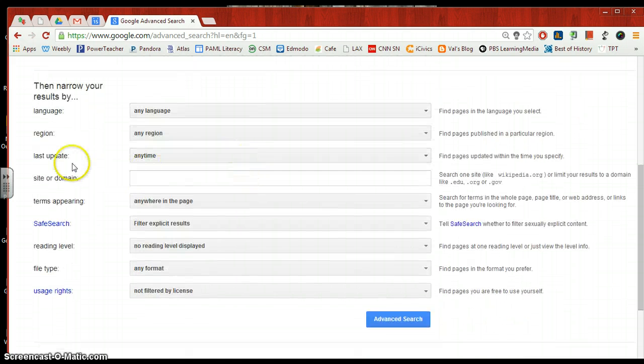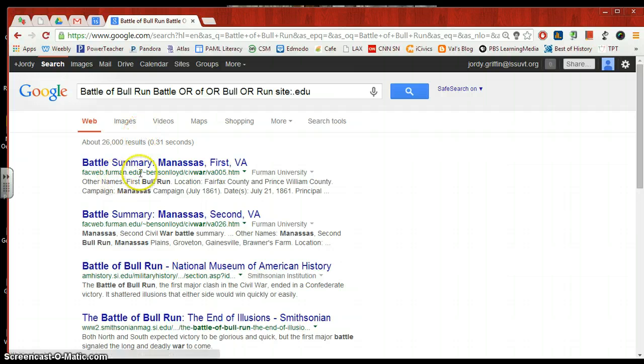And then if I come down further, the other important place to filter through is the site or domain. Miss Kelly and I have talked a lot about filtering sites by a .edu or a .gov or a .org, and this is how you narrow it. So if I'm looking for a .edu site, I simply put .edu in here, okay? And then I just go down to the bottom and click Advanced Search,